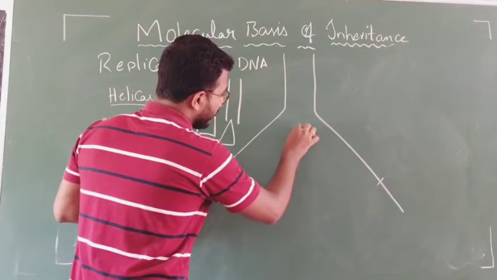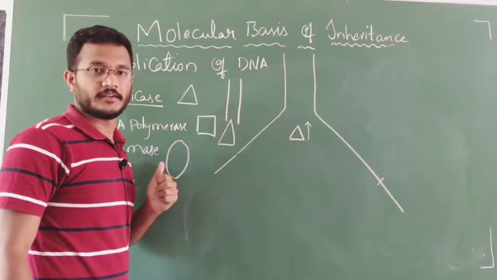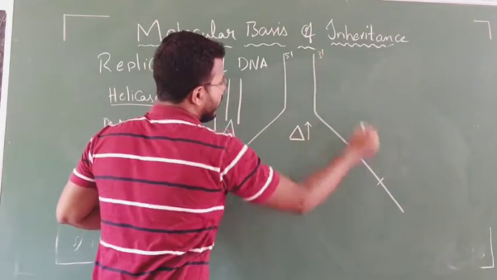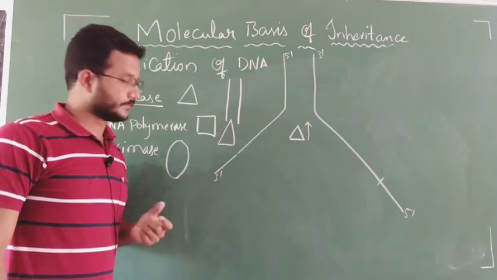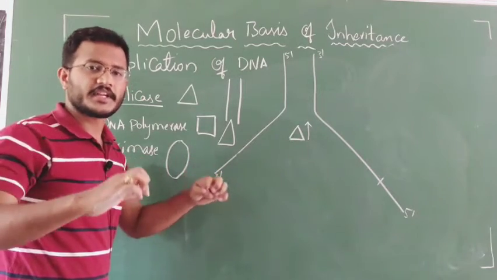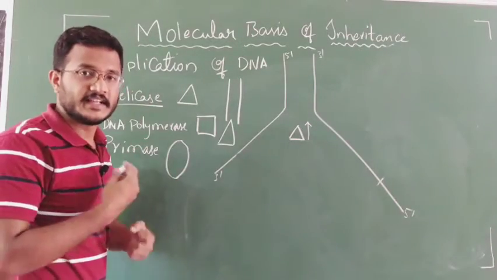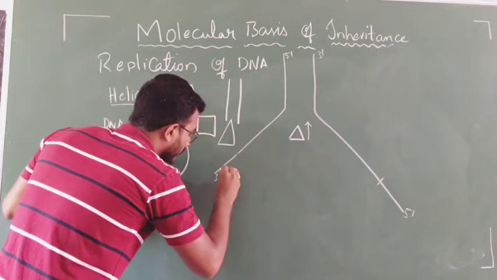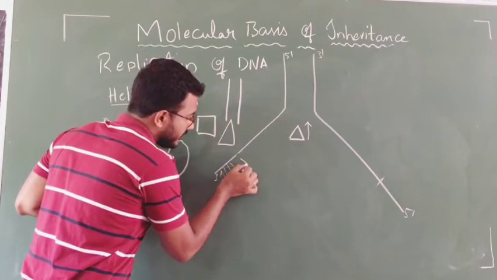So here the helicase is there in this direction. The helicase acted in this direction, and we have this is 5 prime and this is 3 prime end. This is 3 prime and this is 5 prime end. This is the complementarity and the polarity of the strands. Now, once the helicase unwinded the double-stranded DNA molecule, now the RNA primase will synthesize the RNA primers, which is complementary to here. Now then, the DNA polymerase will initiate its function.